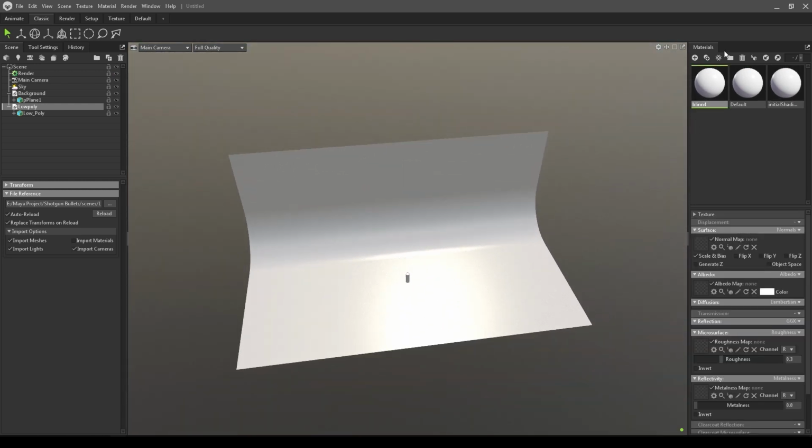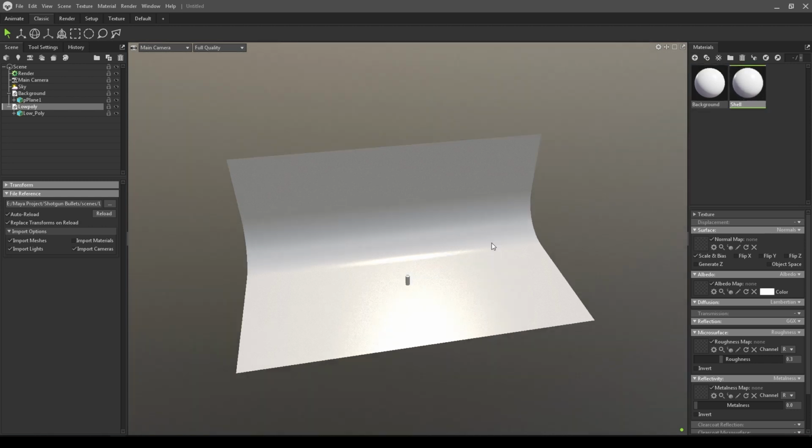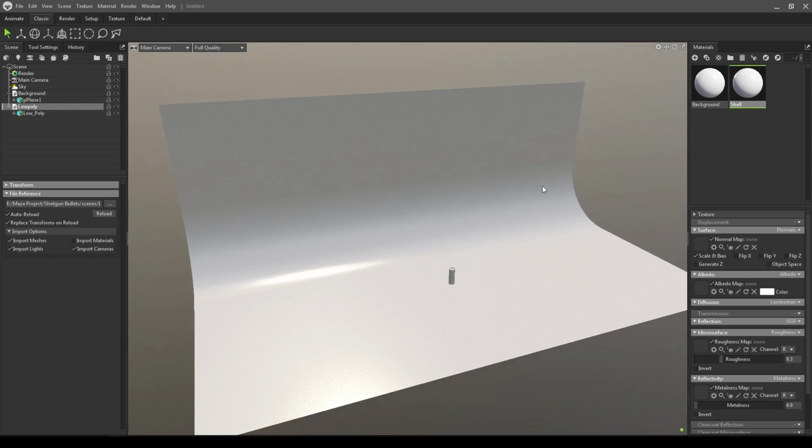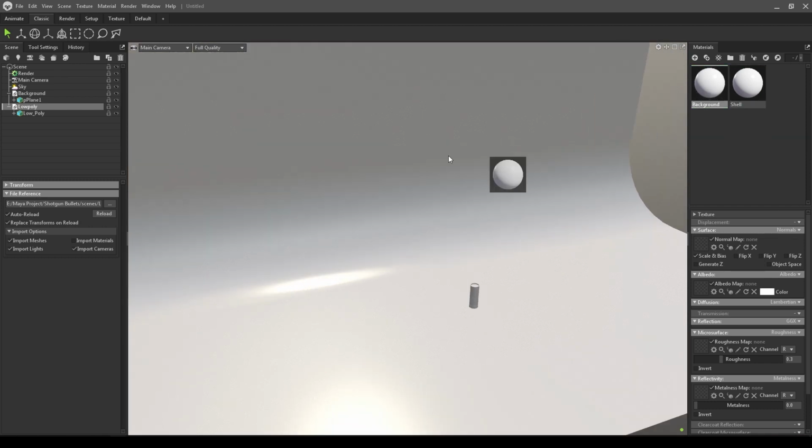Now I'm going to delete all these materials here and create a new material. First I'm going to rename this as background and click here to create a new material for our mesh. Also rename this. Now you can assign these materials by just dropping them in your viewport or in this panel here.